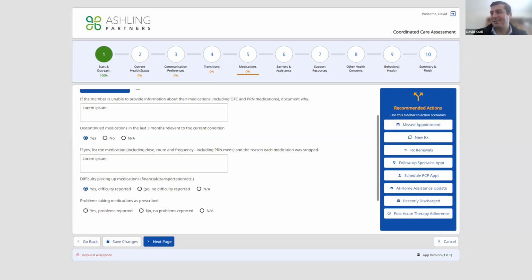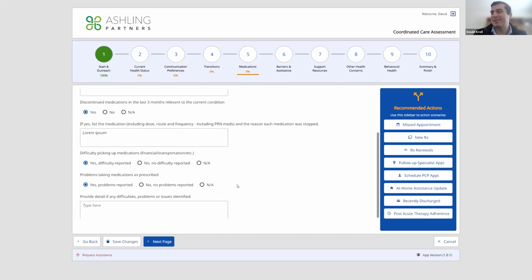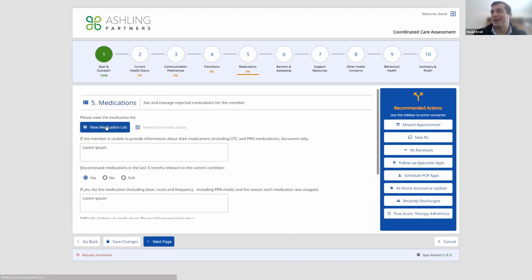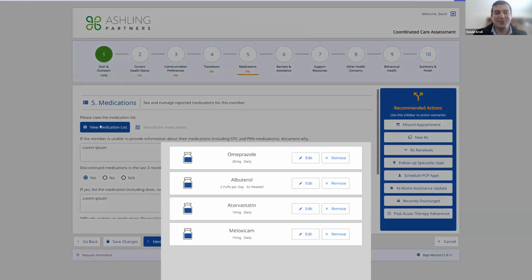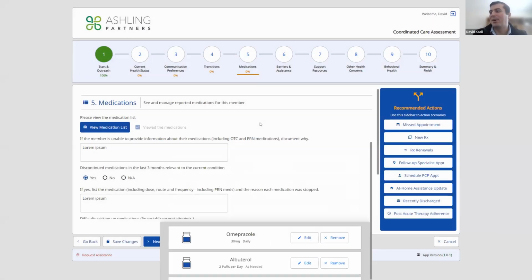So I'm going to go in here and fill out some of these stages, but I'll leave this one blank, for example. And maybe I want to view the medication list and make adjustments to that. That can all happen while we're on the phone. And so I'm going to go ahead and save my changes now, and you'll notice the progress indicator gets updated